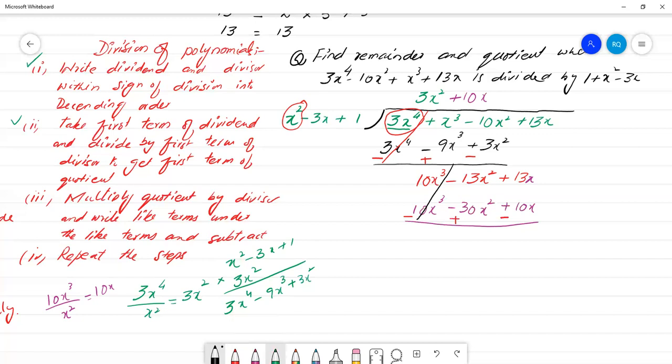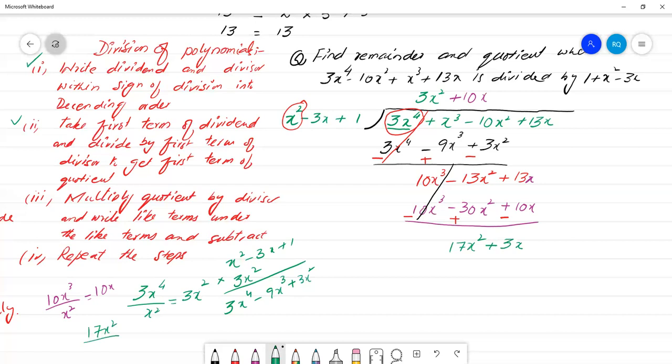What's the answer of minus 13x square? You have to consider the new sign plus 30x. So 30 minus 13 will get the 17x square, and plus 13x minus 10x, you will get the plus 3x. Now it's very simple. 17x square